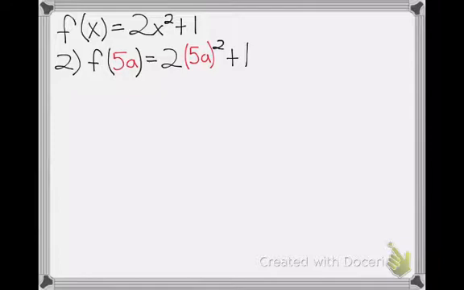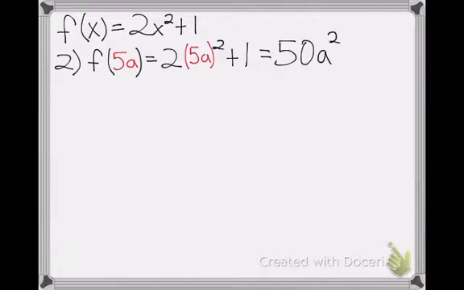Now all we have to do is simplify our result by combining like terms if there are any. The square applies to the entire quantity 5a. When we square 5a, we get 25a squared, which when multiplied by 2 gives us 50a